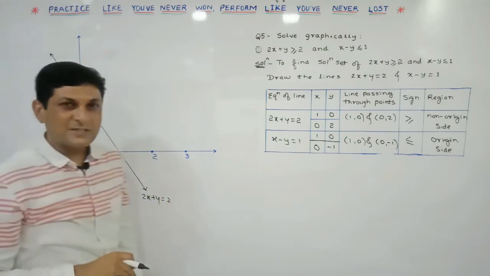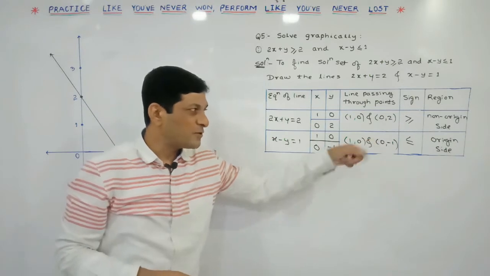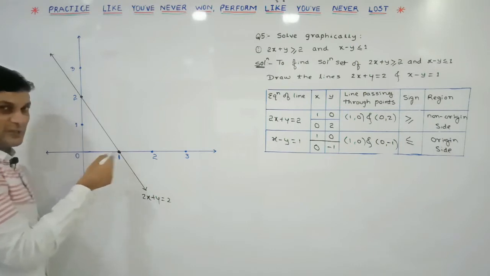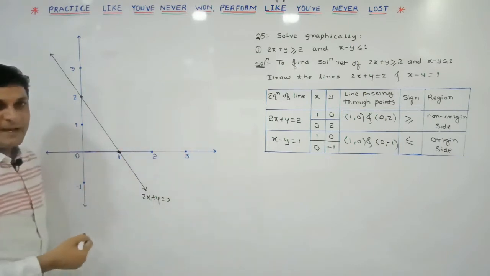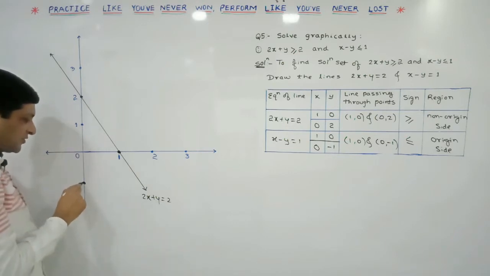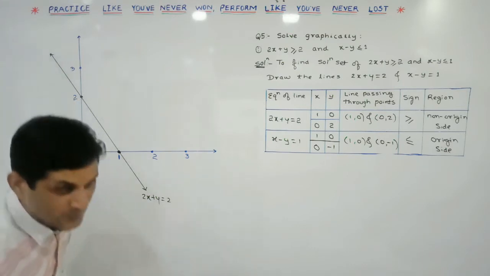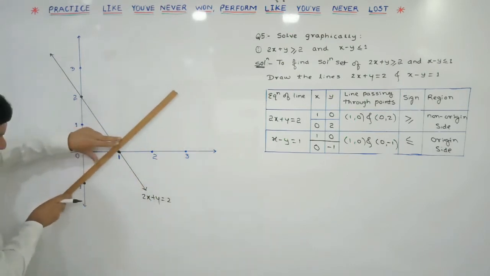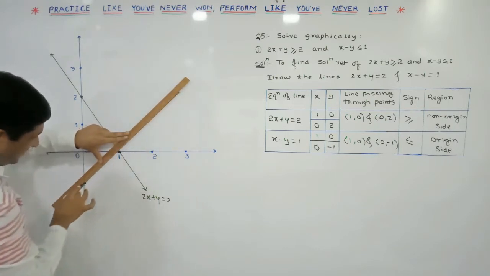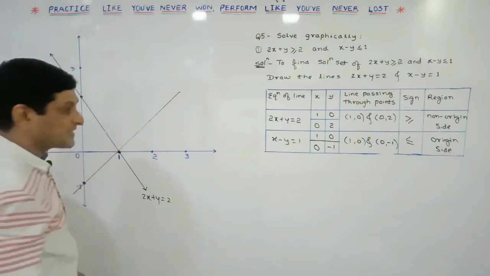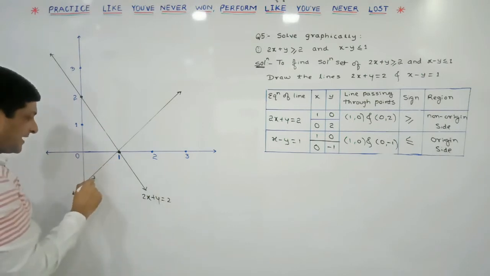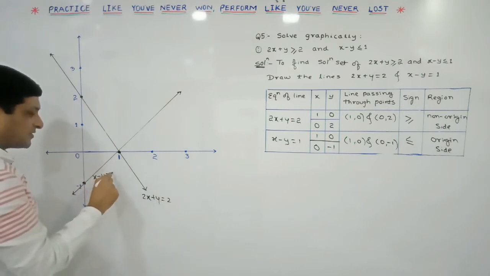Now let us try to construct the second line which passes through the points (1, 0) and (0, -1). (1, 0) is the same point we are getting here. (1, 0) is the point on the x-axis, and (0, -1), since the x coordinate is 0, means the point lies on the y-axis, and here this is the position (0, -1). Once the position of 2 points on the line is known to us, draw a line passing through these 2 points, and once the line is constructed, write down the equation of that line also. What is the equation of this line? x - y = 1.